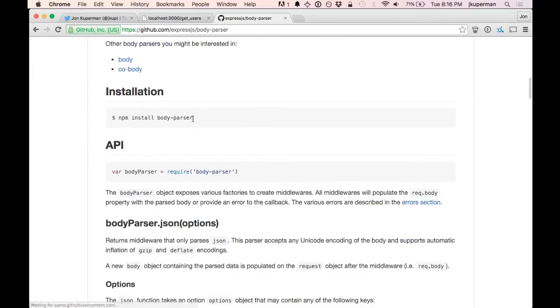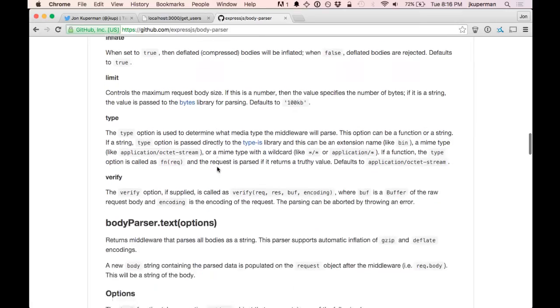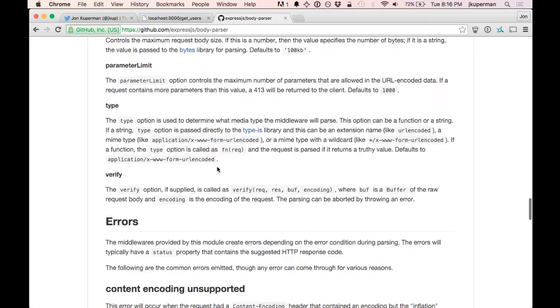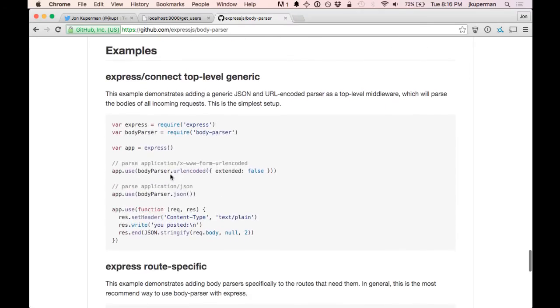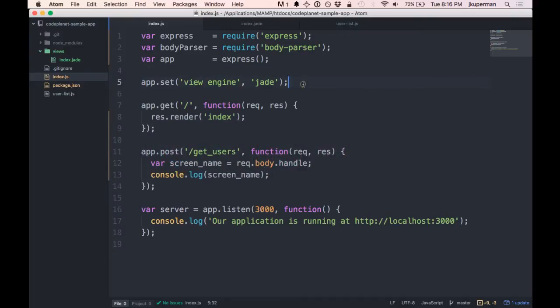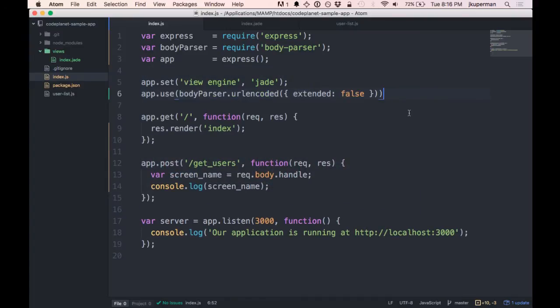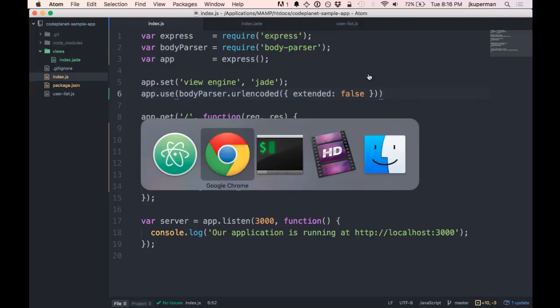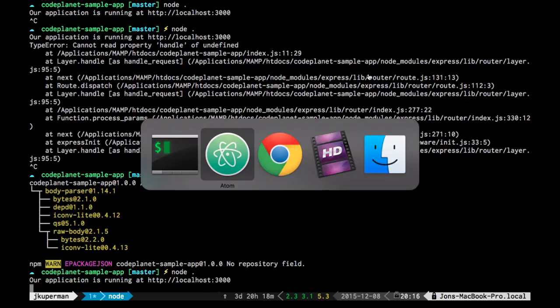Okay, so here's the library. There's like one other step. So you install it, you require it. My goodness, there's a lot of documentation. That's awesome. But okay, yeah, right. So then we do another app.use on it. Cool, app.use bodyParser. Great. So now that we have it, I think if we go ahead and try running the app again,